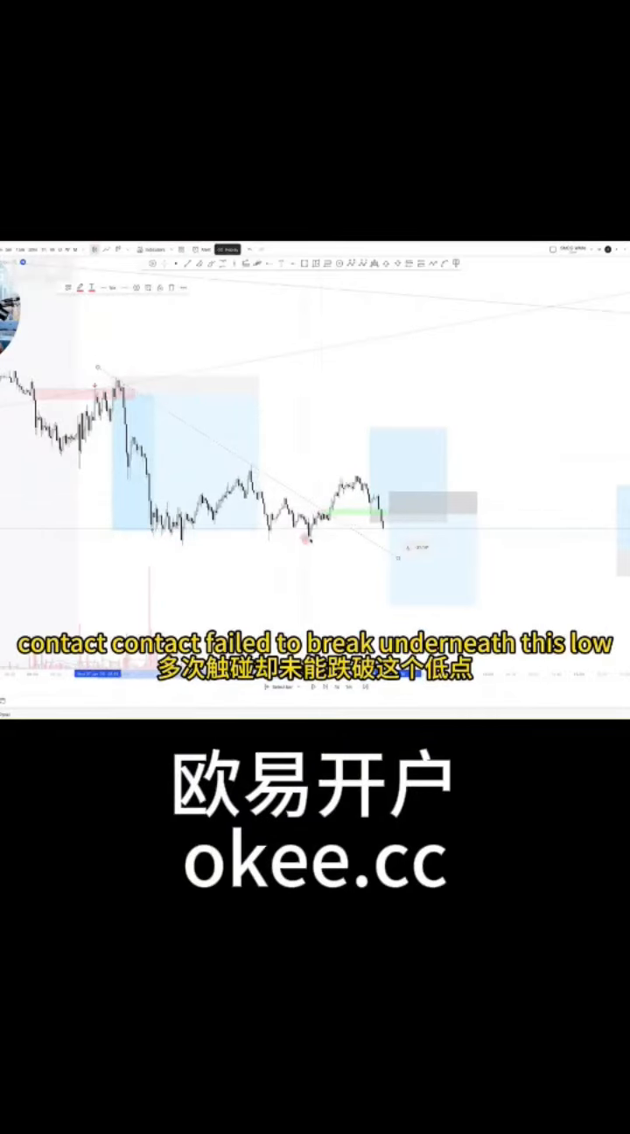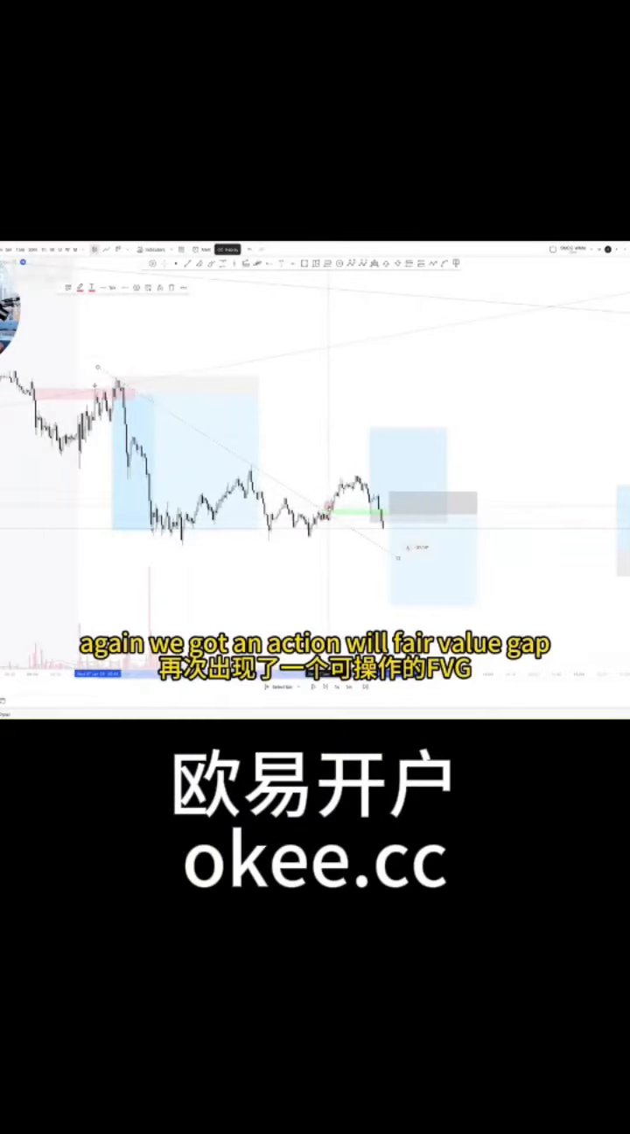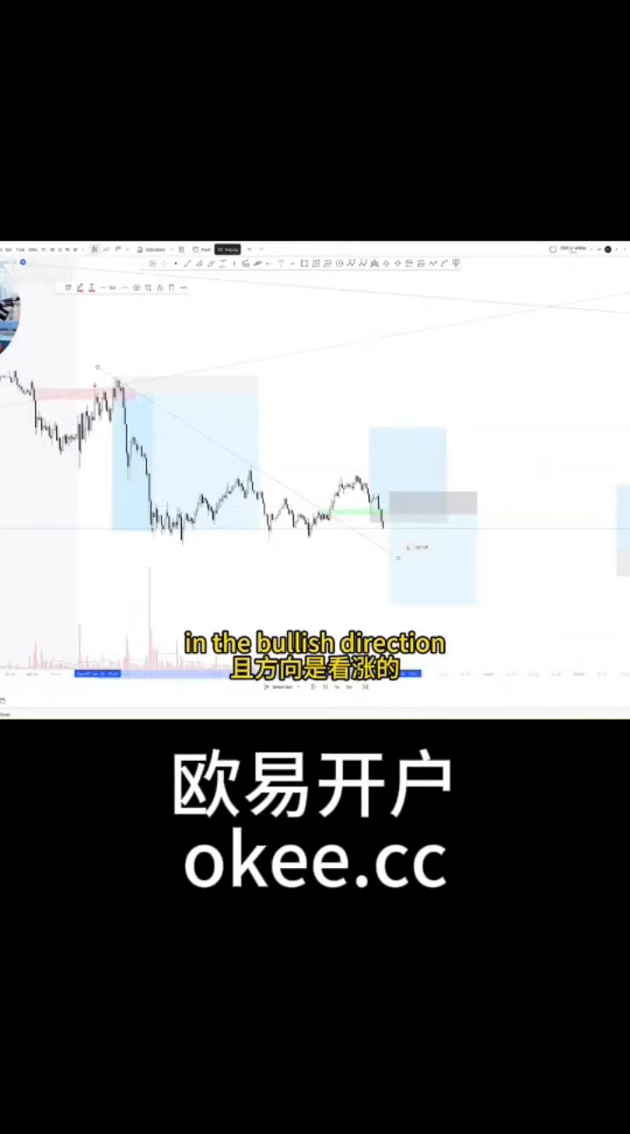Price was coming down, contact, failed to break underneath this low again. We got an actionable fair value gap in the bullish direction. So I took a trade off of this area. You can see the candle came perfectly into that area, tried to flip, but ended up returning bearish. I didn't have the confluence of reattempting this trend level, so it wasn't a perfect trade setup. Ended up